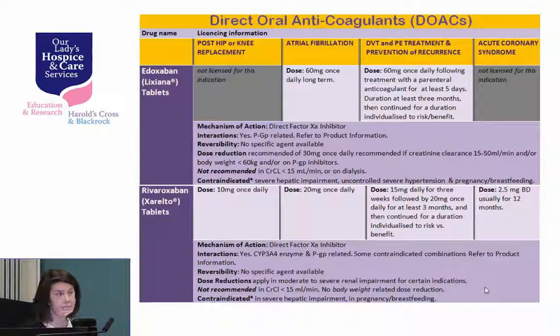Then, in terms of monitoring, they will have an effect on elevating prothrombin time, INR, and APTT, but this is a transient effect. It's not consistent, and there's a high degree of variability, so it can't be consistently measured to know what effect they're having. So we do have an element of patient trust. One of the big issues I saw initially when they came out was cardiologists preparing for cardioversion. If you had a warfarin booklet with 6 weekly INRs showing anticoagulation over the previous 6 weeks, you could be happy that someone was fully